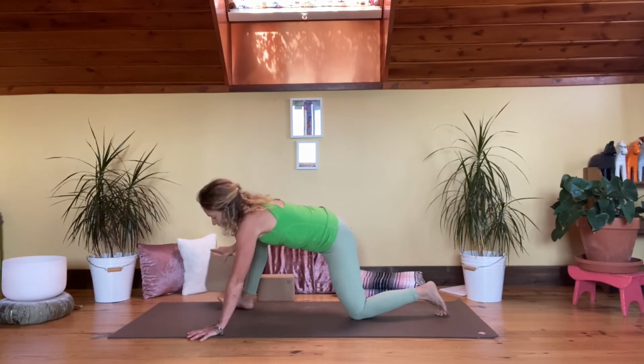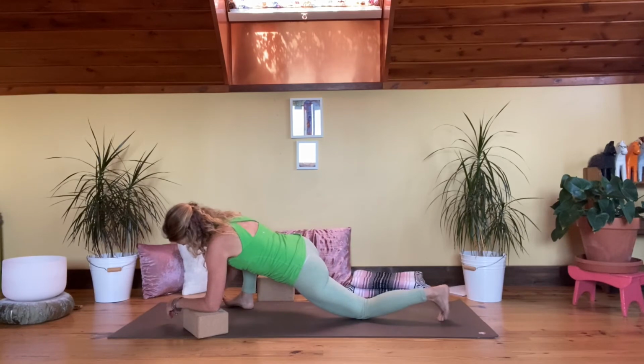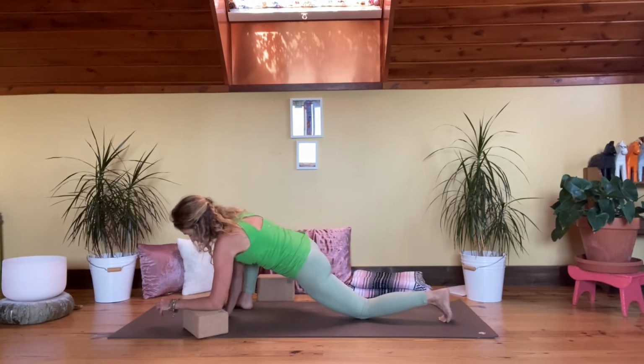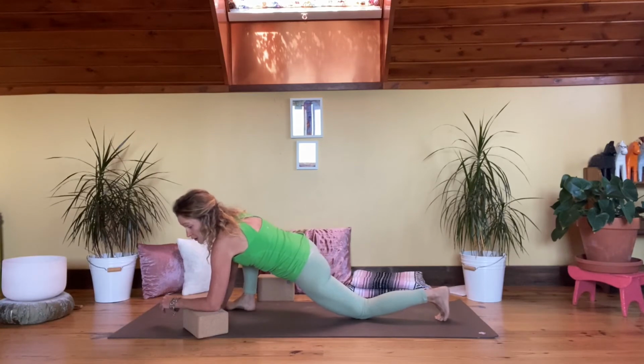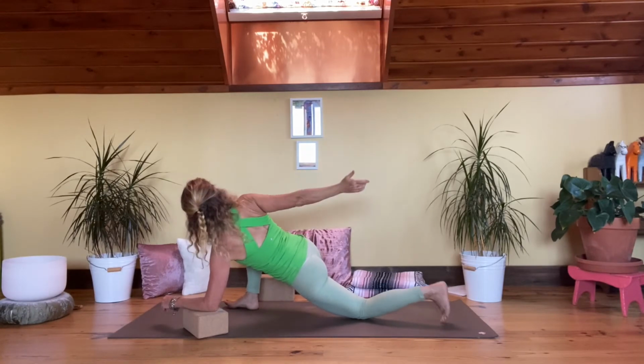I'm going to put a block for my forearm and lean on forward in towards the hips, hip flexor, and of course staying within our comfort zone, only going to about a 3 or a 4 where it's comfortable to stay on a scale to 10. We stay way below the kind of pushing and pulling area. And then from here, this is perfect right here, or you might take your right arm behind and find your foot